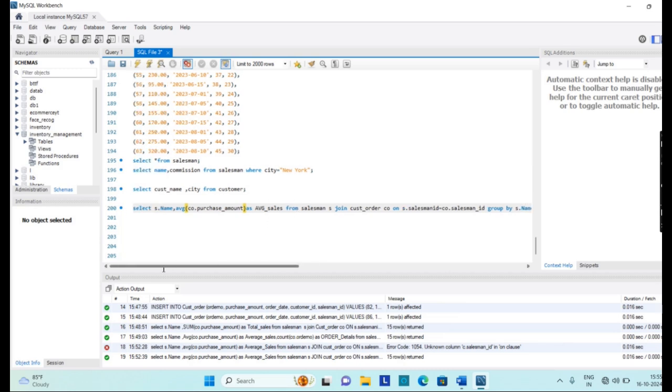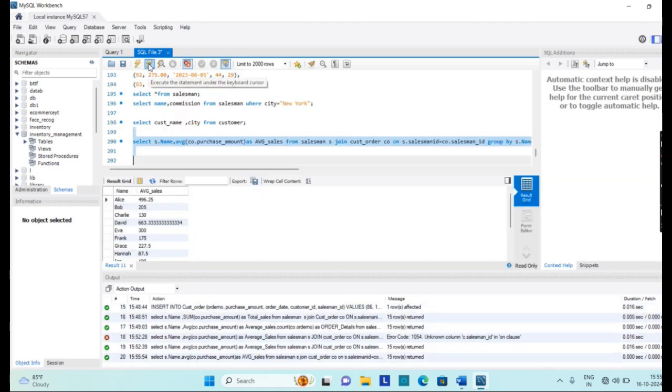Let us execute this. So you can find here that we will get the average sales of each salesman.